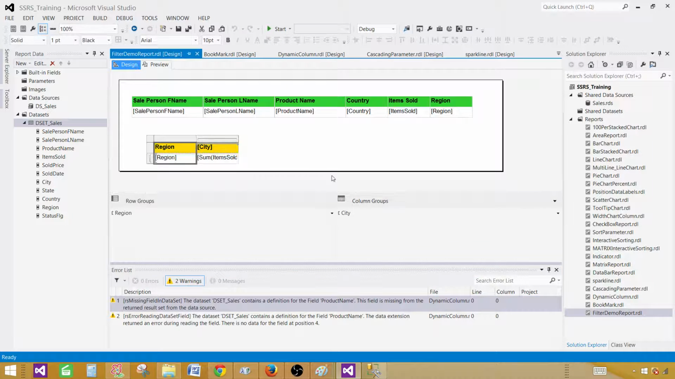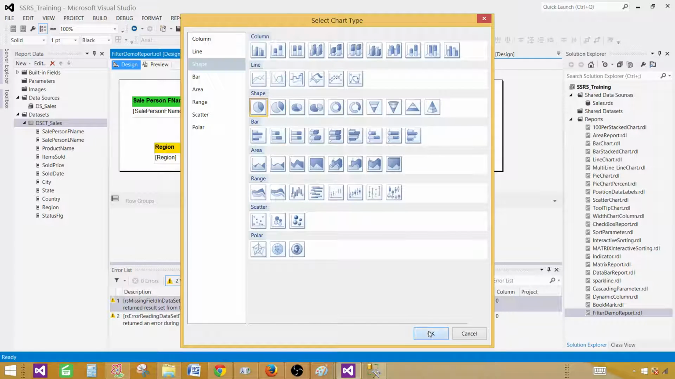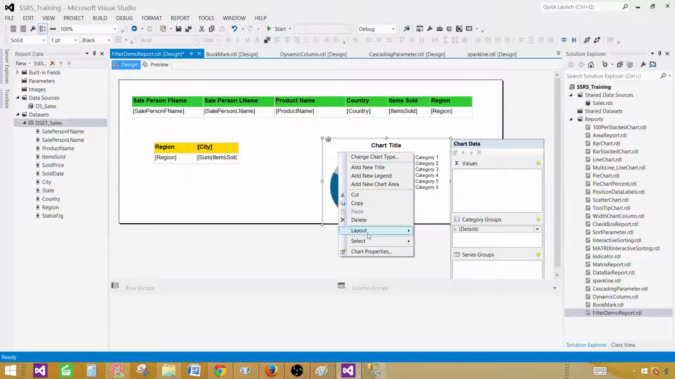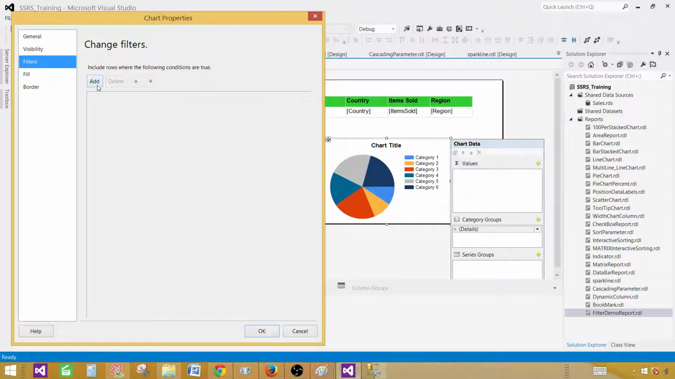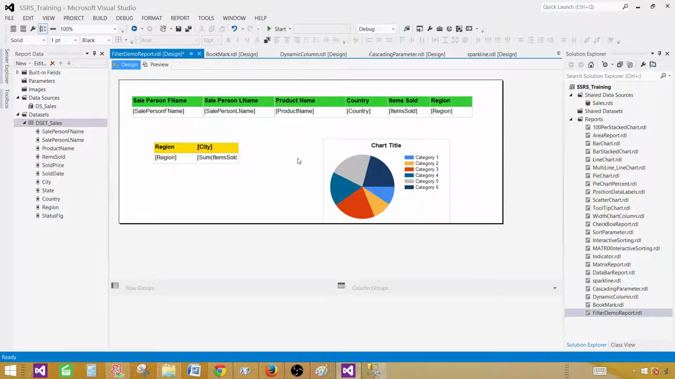Now I can go back, and if I would like to insert a chart here, let me select the pie chart, and now I have a pie chart, and if I click on the pie chart anywhere, I can go to the chart properties, and here I have the filters as well, so I can add the filters. So at multiple places such as a table, matrix, chart, list, there are different places where you can apply these filters, and I'm sure they will be really handy in some situations where we can't write our where clause with the query, or we can't use the parameter, but we would like to get the records